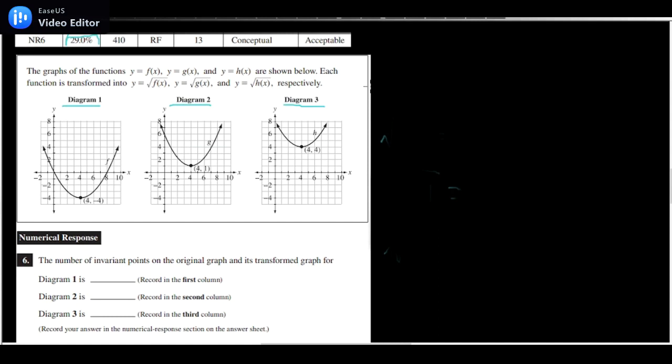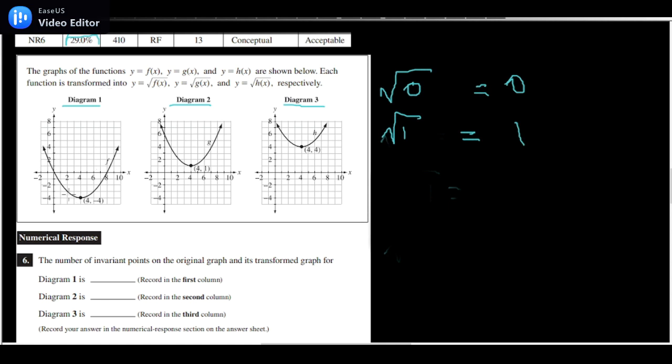So we know when we have a square root function, invariant points occur when the function is equal to 0 and when the function is equal to 1. That's because the square root of 0 is still equal to 0, and the square root of 1 is equal to 1. So all that remains is to count how many times the function equals 0 or 1 on each